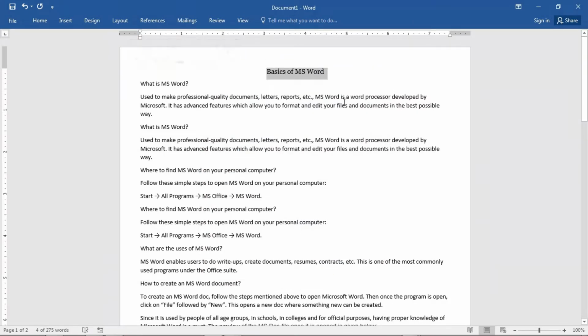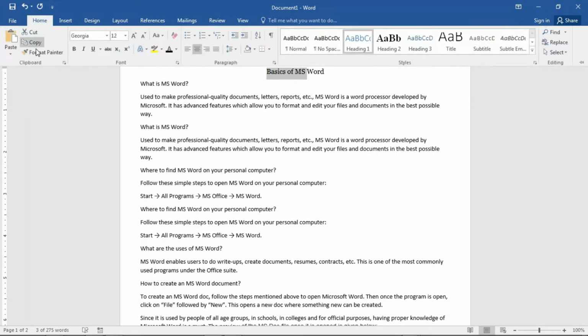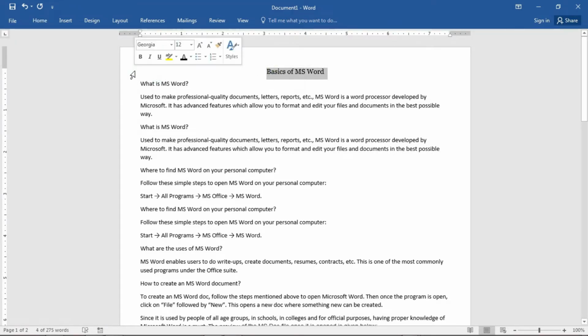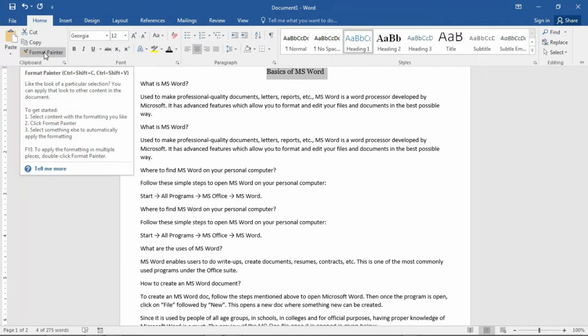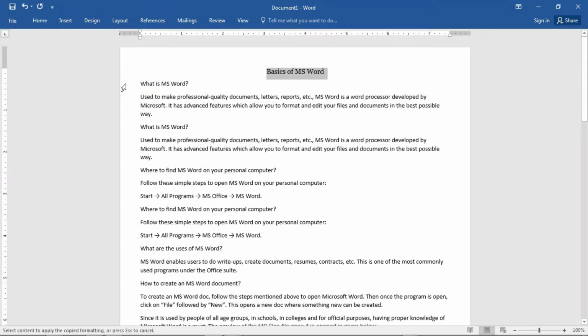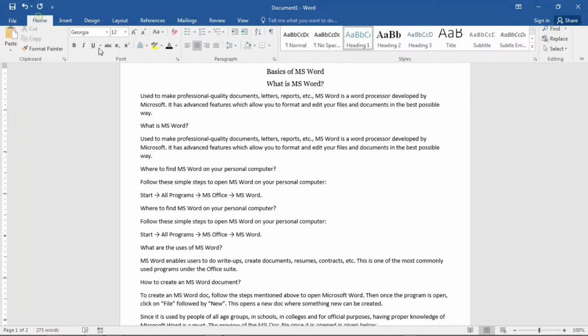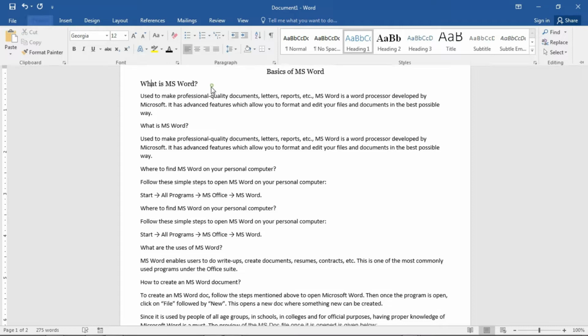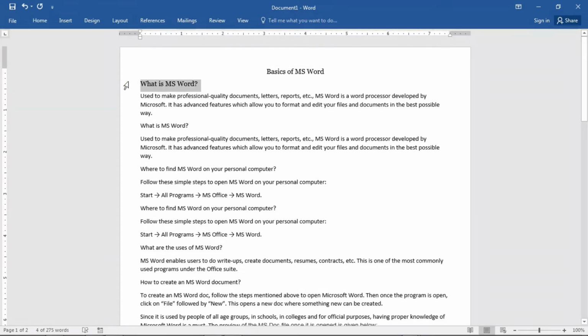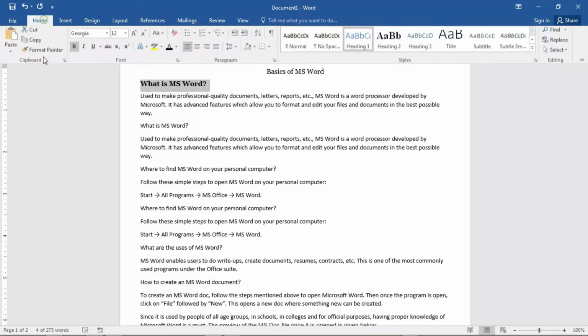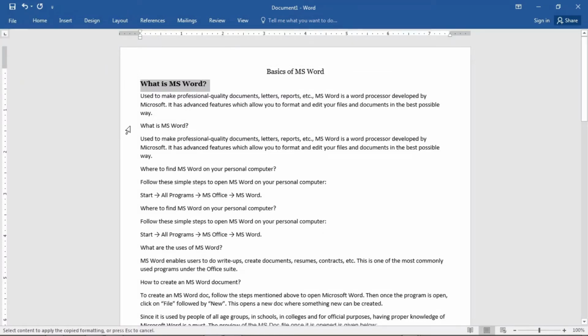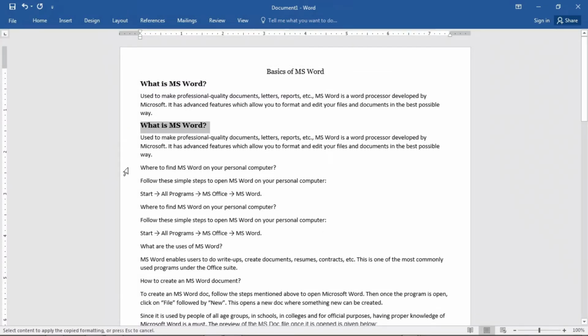So this is our first heading. Now we have created one style over here. We can select this one, go to Home and click on Format Painter, and apply it to this one. So this has become exactly like this one. Then we can customize it, just align to left, or Ctrl L, and make it bold. Again, select, double click on Format Painter, and this will be applied everywhere.